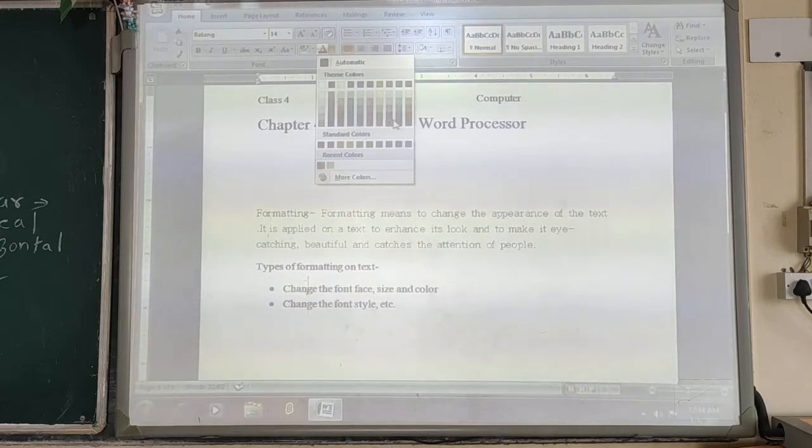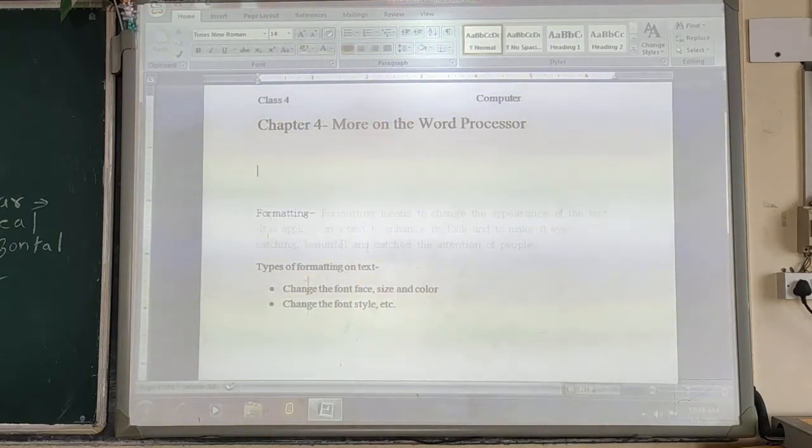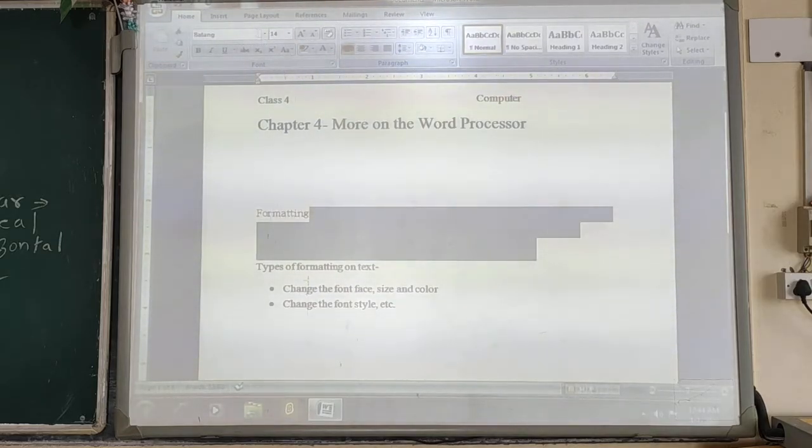Now again, if I want to make some changes, I hope that you can see from here.